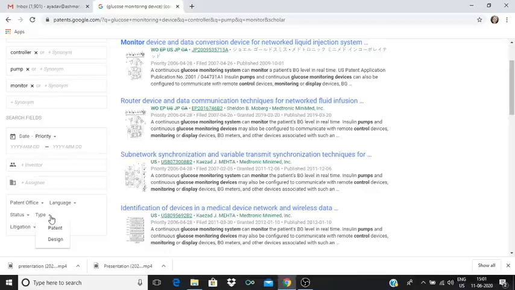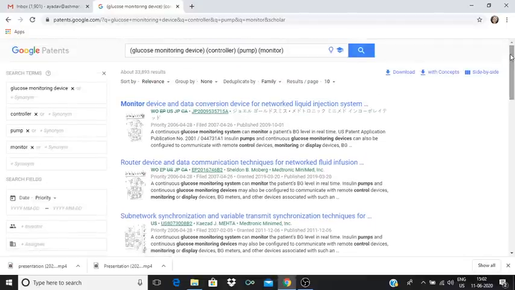Then type. There are two types of patents. It could be a utility patent. It could be a design patent. Utility patent is the one that covers all innovations. It could be a product, it could be a process. Whereas design patents only cover the look and feel. So if you make minor modifications in the design, you might get a design patent. So they are comparatively easier to get as compared to a utility patent. Then it depends upon the litigation, whether it has some related litigation in the past or there is no known litigation.